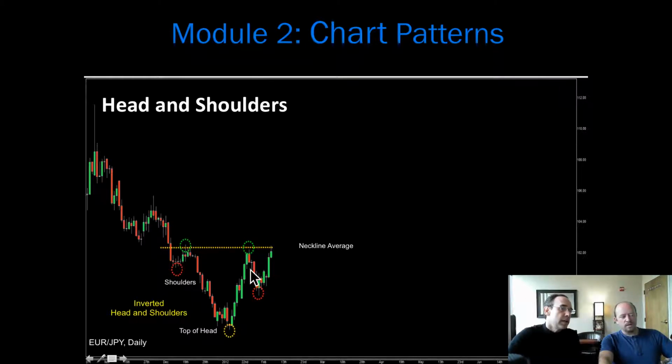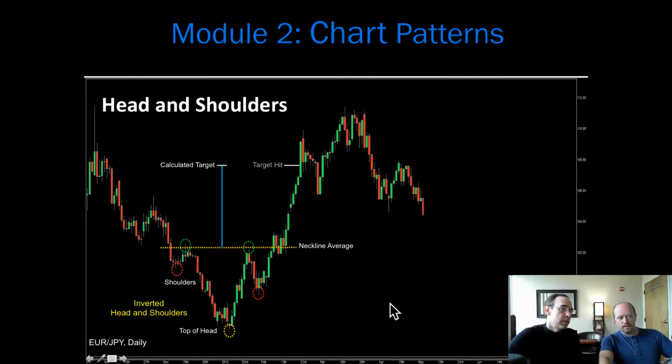And then from here, once it breaks that neckline area, we have our calculated amount from the top of the head to the neckline. If we go one more click there, it will take that right on up and show us our calculated target from the bottom. And then we could click again. We can see the price movement, and we do, again, have a hit. Now, this one did meander around the neckline a little bit. That's fine, though. It's not an issue at all.